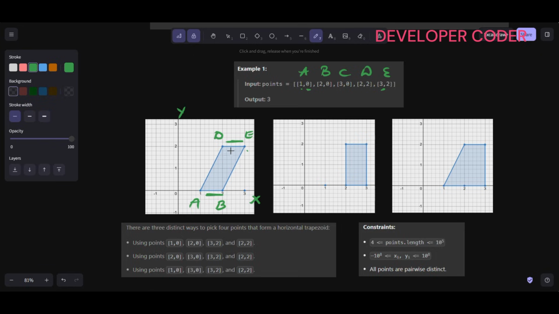Both are parallel, so this is one shape. So this is valid. Same way here, if you take these points, this is your B, this is your C, this is your E, and this is your D. So here also both the lines are parallel. So this is one valid shape,